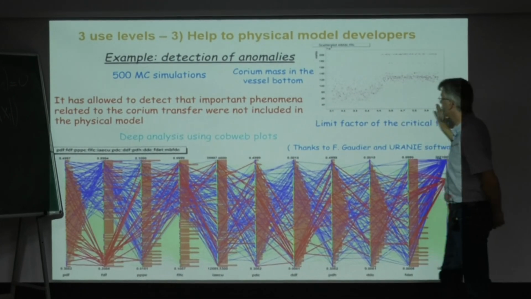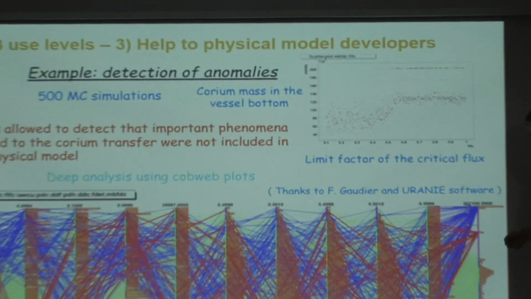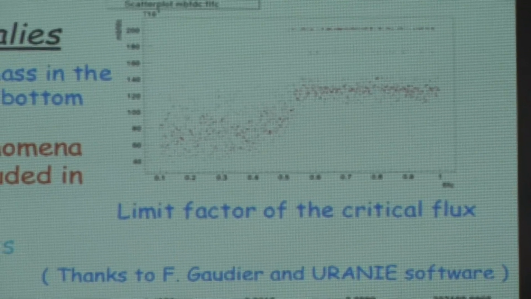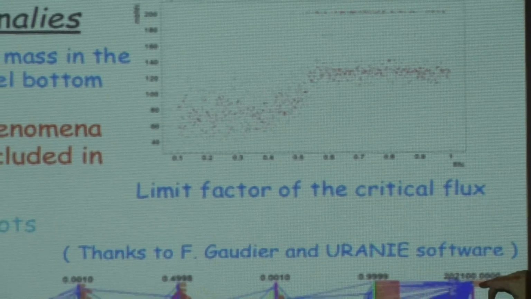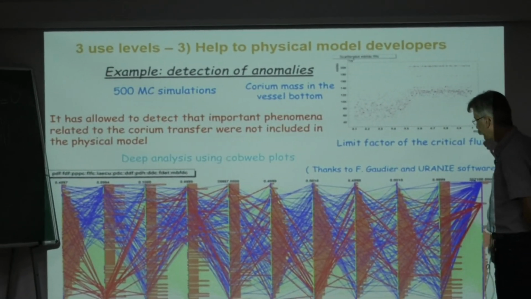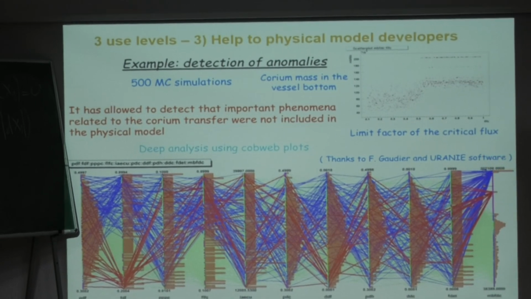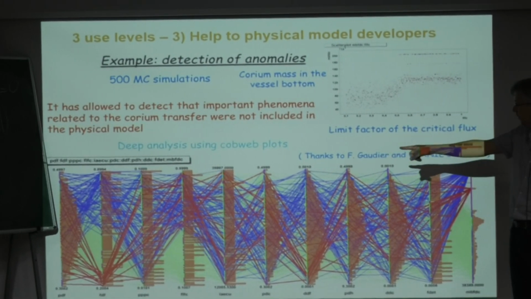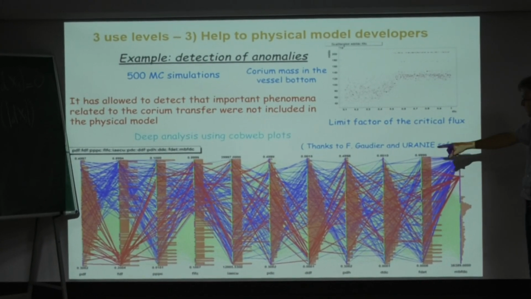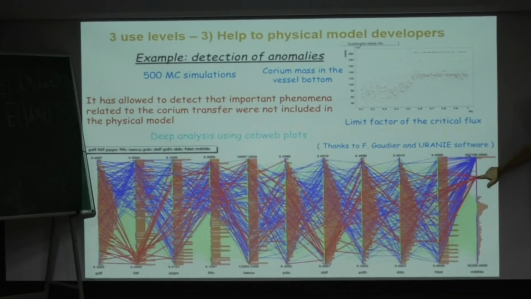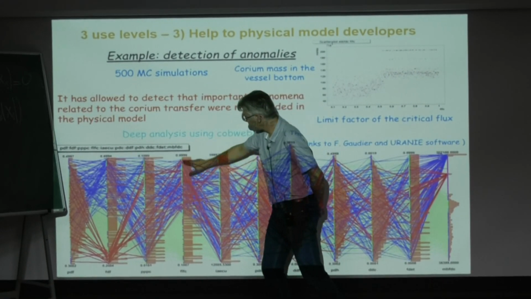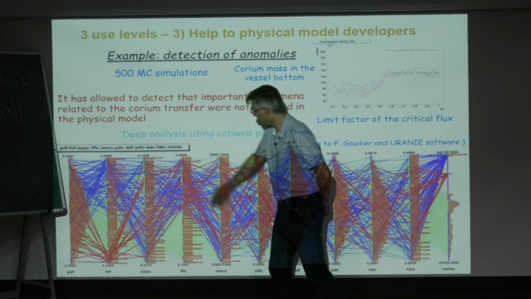Okay? But by looking just at this thing, we cannot understand why this kind of thing happens. So with this software, we have illuminated all that arrive here in blue and all that arrive here in red. And so now we understand that you have a strange thing which happens for the second variable, where the blue comes from high value of this variable, and the red comes from small value. The red here comes from the small value of this variable. After we see that there is also here, all these phenomena come from high value of this variable.